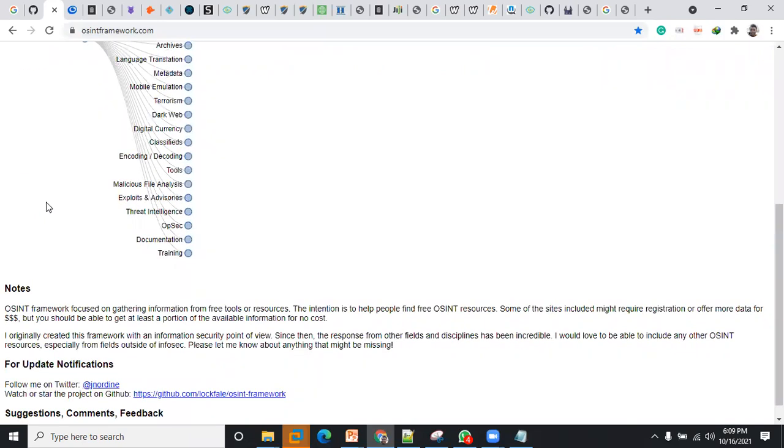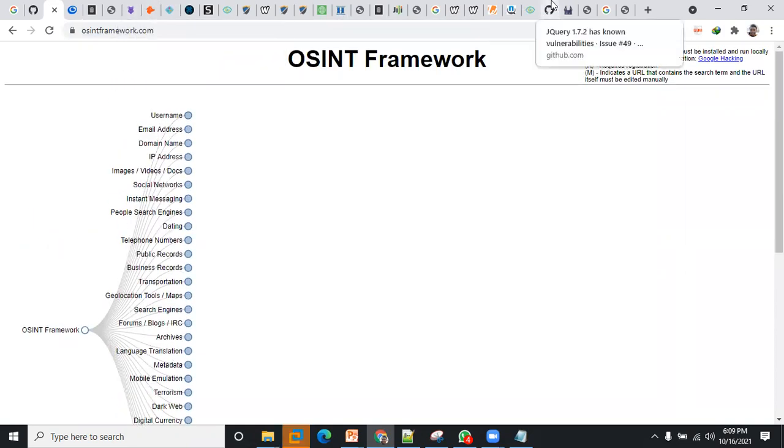You can see it is basically used to guide us through our open source intelligence. In case I've opened several URLs here, what about if you don't know this URL? One of the sites you should always remember is this particular one that I'm showing you, guys, because it can guide you through other platforms that you can use to conduct open source intelligence. For example, email addresses.